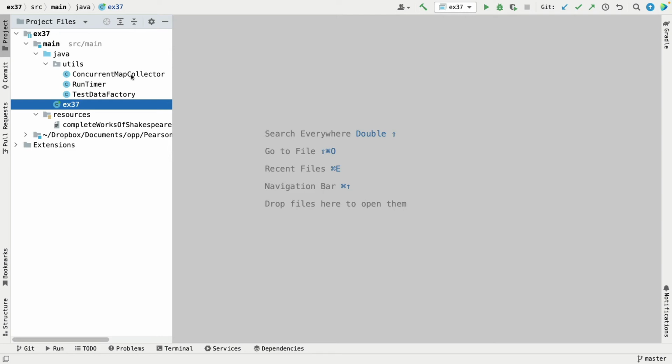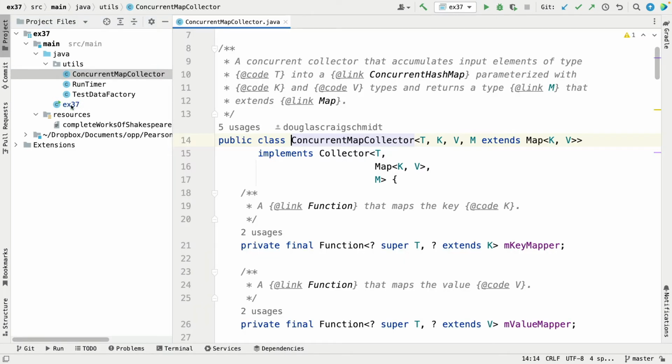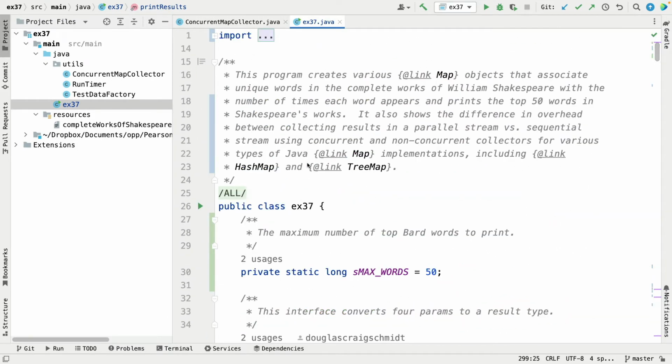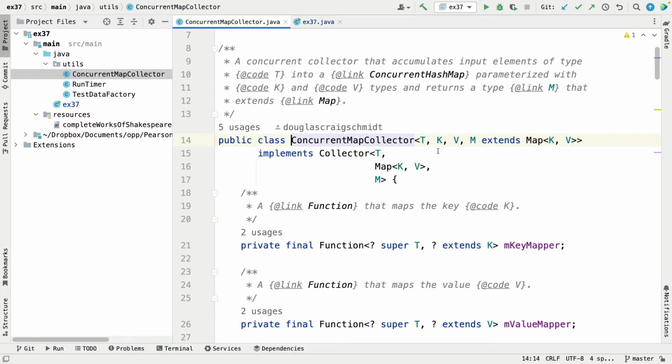So we're now going to take a look at the concurrent map collector, and this goes along with the EX37 example that's going to create a map that contains all the unique words in Shakespeare and the number of times each word appears, and prints things out in various orders. And the way this works under the hood for the concurrent collectors is it uses this thing called